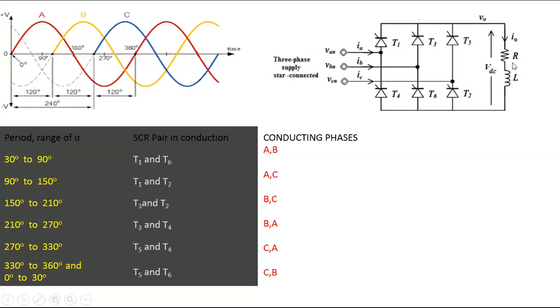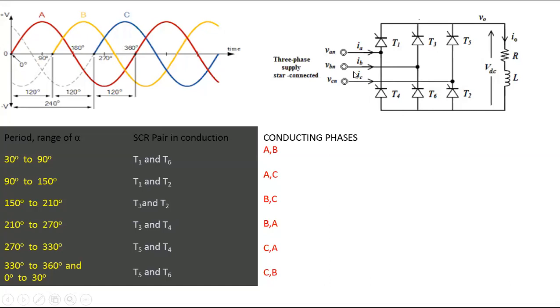So we say direction of current starts from A because it is more positive, and current flows through T1, from T1 to the load, and then current flows through the region where more negative cycle is present. So from 30 to 90, which waveform is more negative here? B waveform. So B is connected where? All of you, B is connected to T6. Yes or no? You can see the circuit. So current flows from A to T1, T1 to load. From load to which SCR will it flow? Which SCR is more negative? T4 is more negative? No, T6 is more negative. Therefore, current flows through T6 and T6 to the point B.